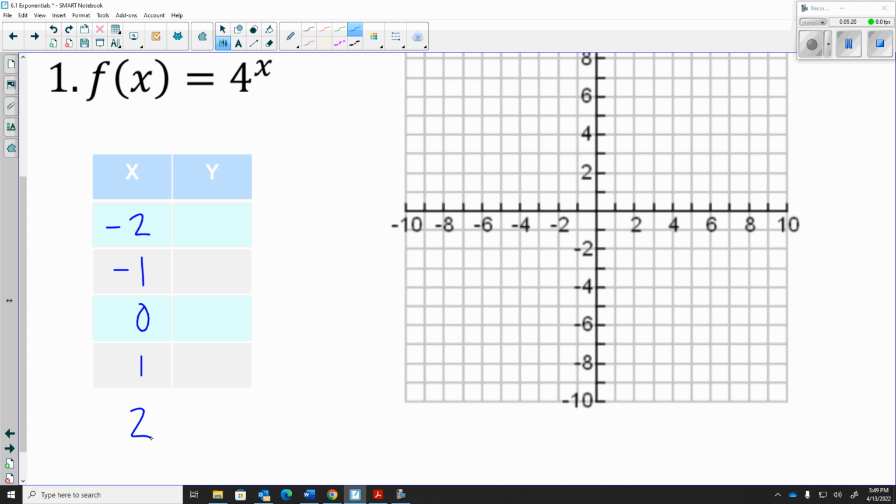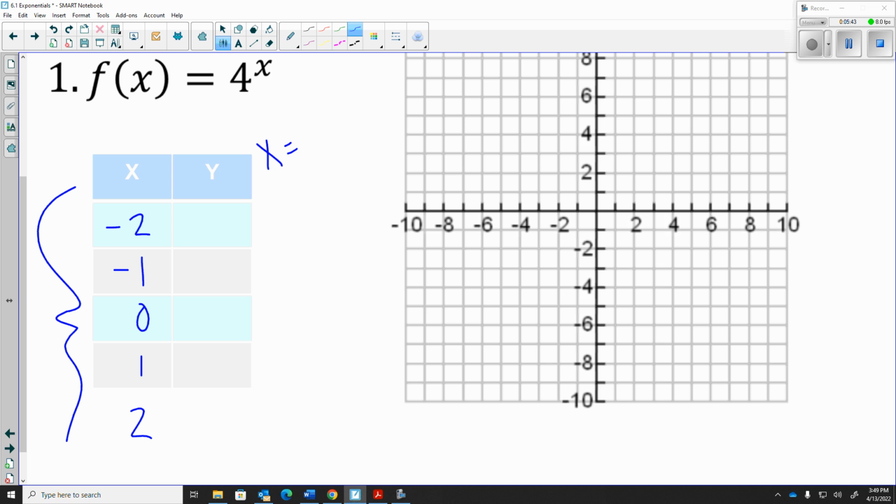And I'm going to use those x values pretty much every time that we graph an exponential function. So -2 up to +2. That's what we're doing. So what I need to do is plug in these x values one at a time in for x. I'm going to see what I get for y. So let's do